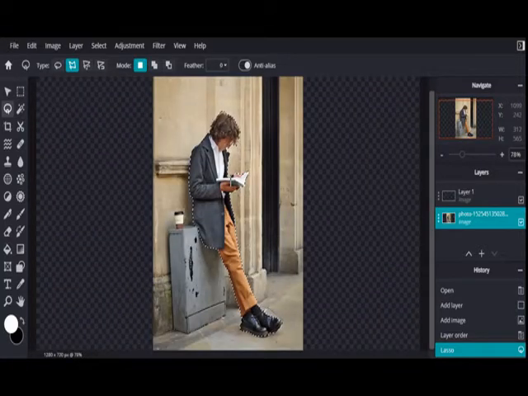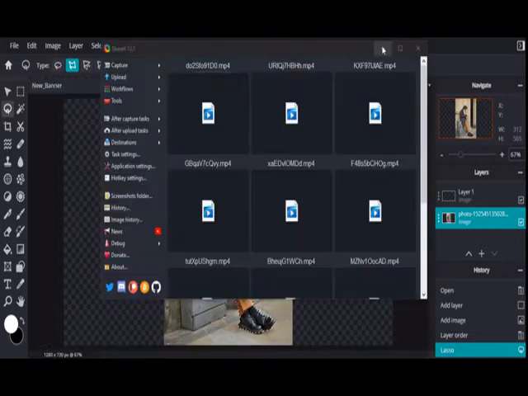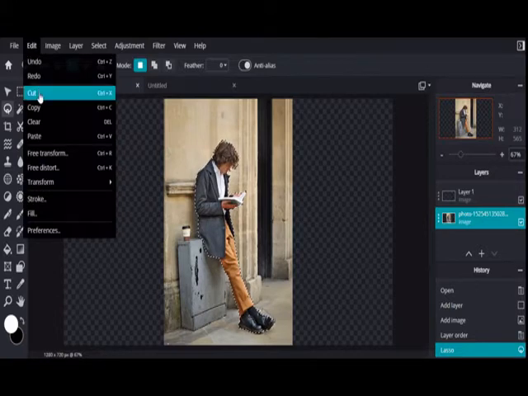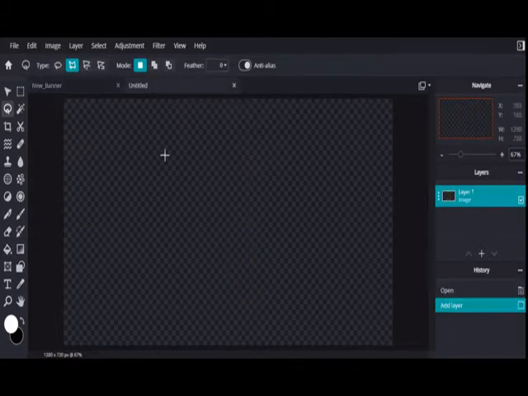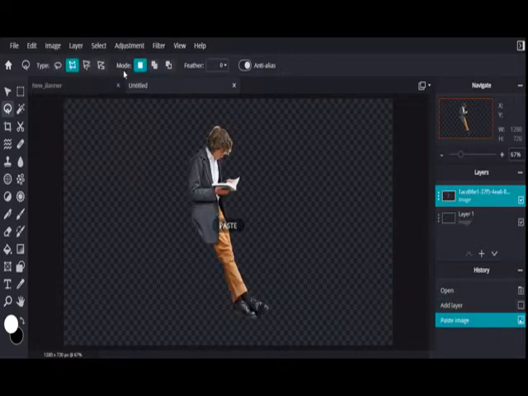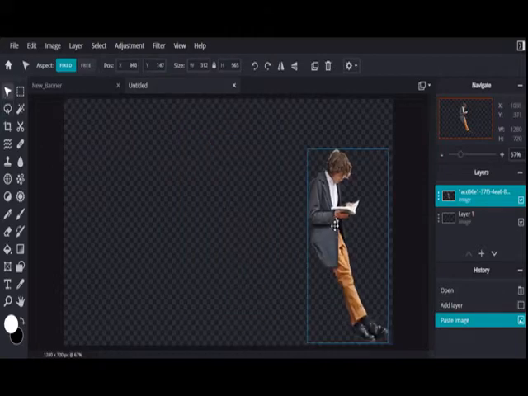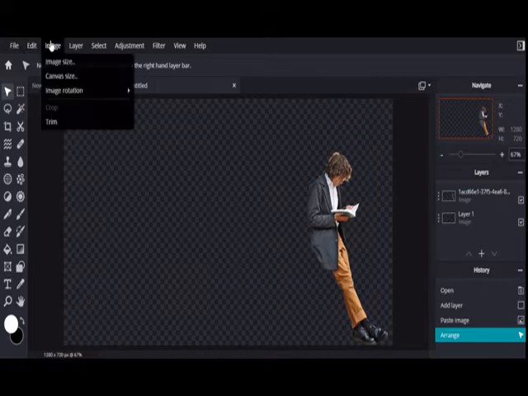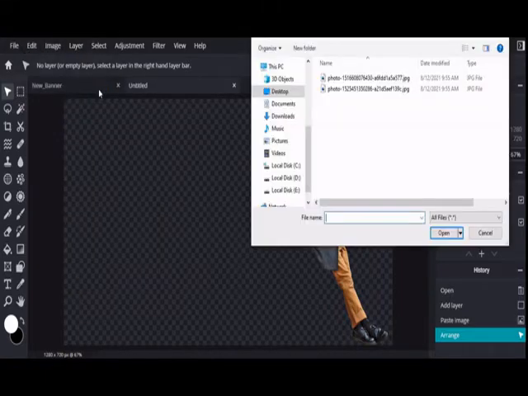Now what I will do is just focus over here: Edit, Cut. Okay, so that person has been cut from here, and now I will be pasting it. Okay, so this is what we have got. Now obviously you can see that there are some parts of this person which are not properly trimmed, so nothing to worry about. But what I'm doing over here is adding a background.